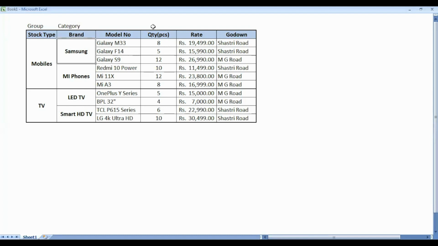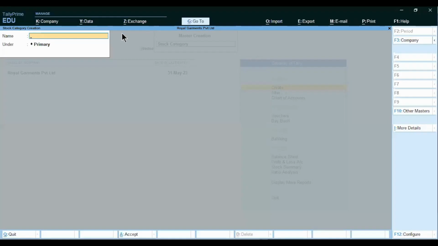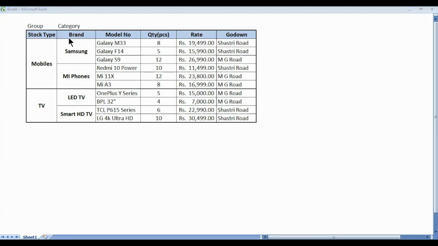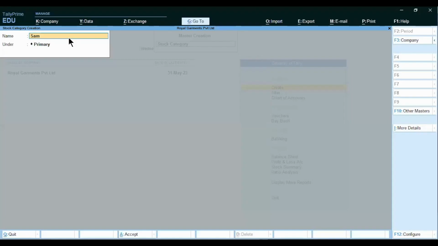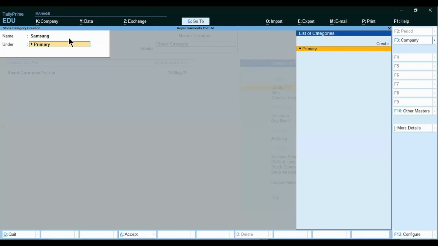I'm taking these brands as category. Okay, so I'm creating a category, Samsung. So Samsung is a category of mobile phones. So under